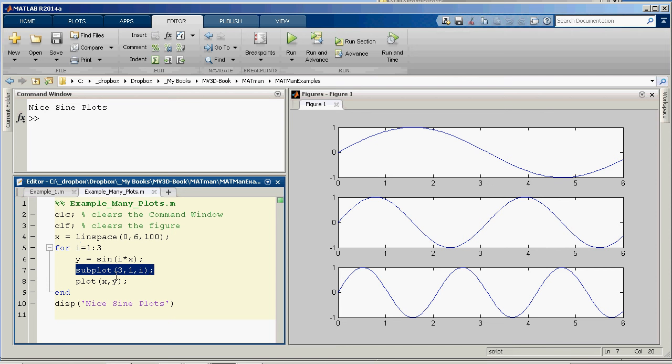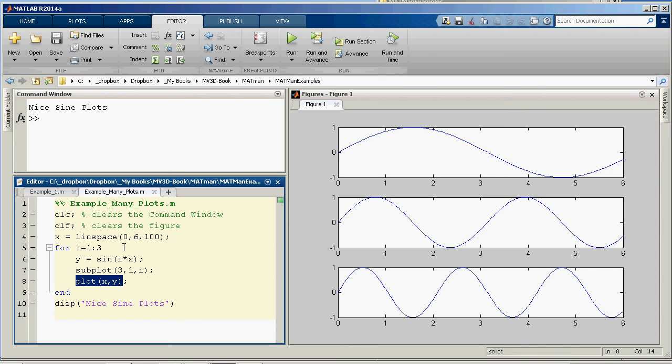So what this says is I'm going to create an array of plots, 3 rows, 1 column, and I'll build the ith row. Right? So when I was 1, it built this graph. When I was 2, it built this graph. When I was 3, it built this graph. Right? When I say built, it actually plotted them. Right? So that's how you